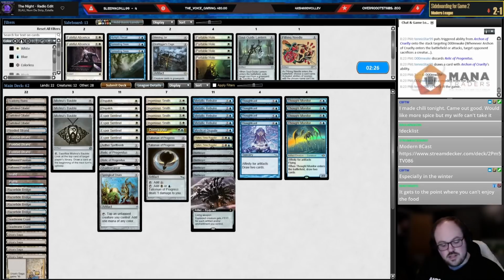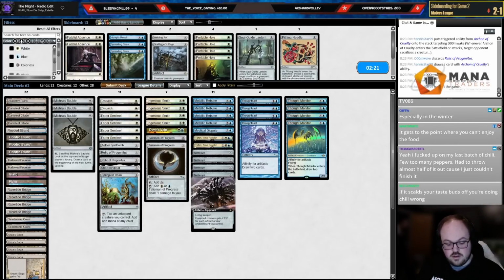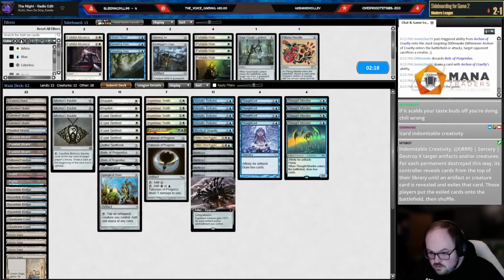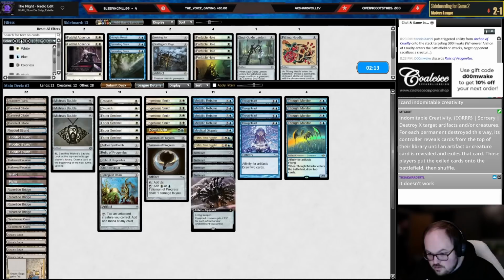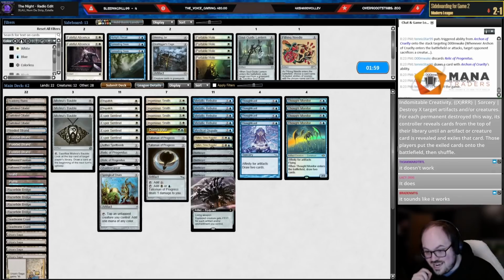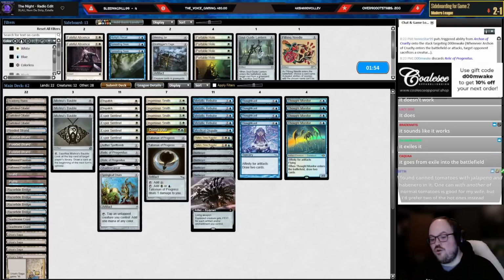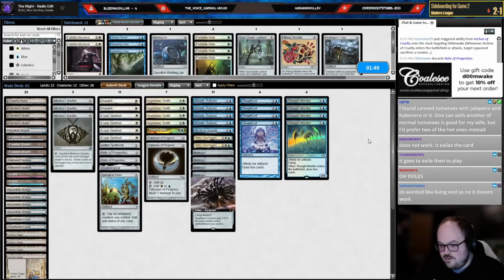Hold on. Now, I understand that Cage doesn't stop certain cards. Indomitable Creativity. So, extra offensive creatures. For each permanent destroyed this way, its controller reveals cards from the top of their library until an artifact or creature card is revealed and exiles that card. Those players put the exiled cards onto the battlefield. See, we already got two people in chat saying different things. Destroy X target artifacts or creatures. It does not work. Why is that text on there? Leaving it as the same thing, and I don't understand why that...